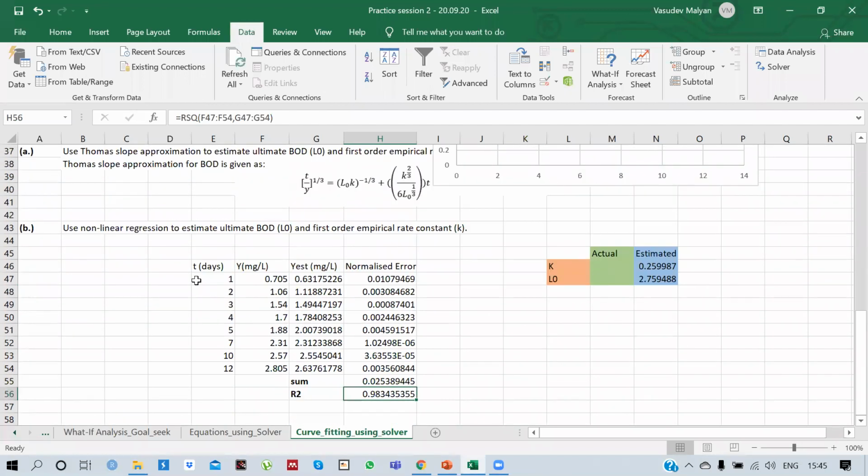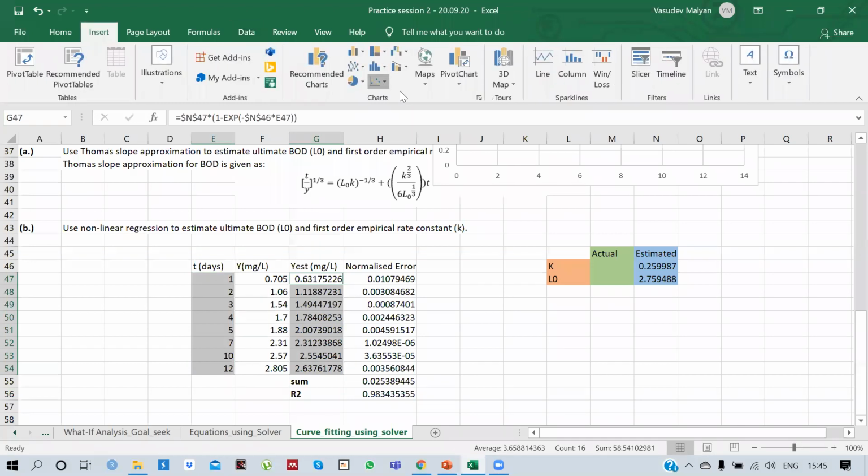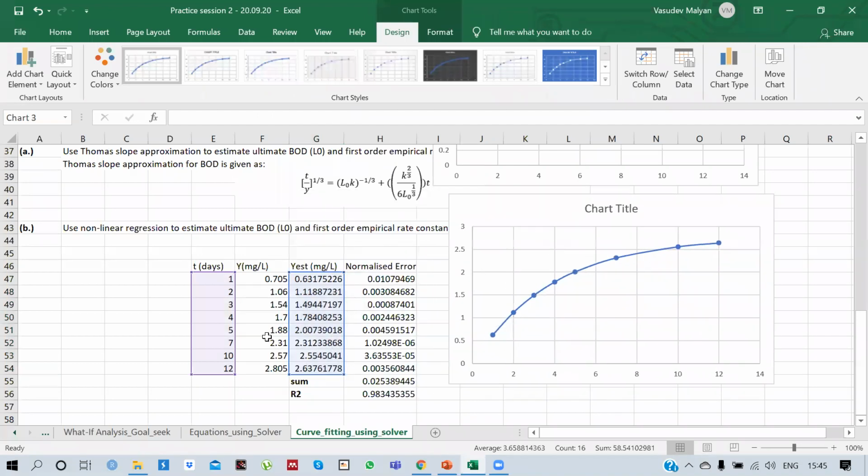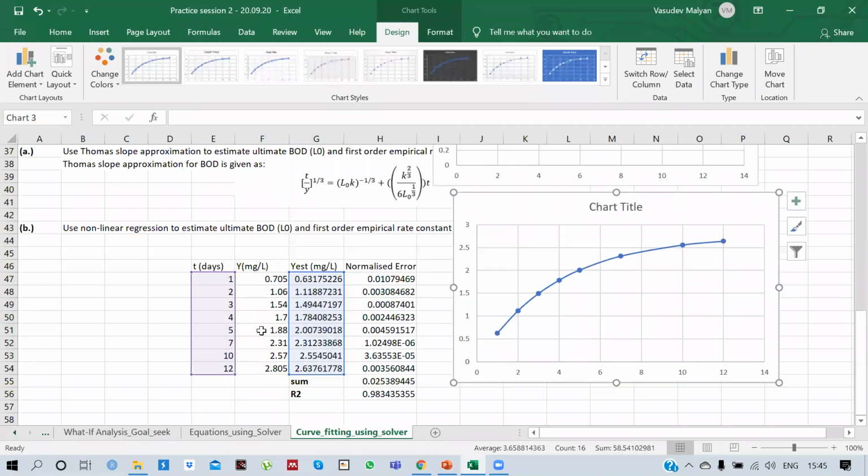And let's plot this one so that you understand. So if we plot time versus estimated value, and we plot a non-linear curve. So I have plotted my estimated values. Now actual values have been given to me, which are taken by experimentation. These I am calculating from the equation. So let's fit this data also in this particular chart and see how many data points are overlapping.